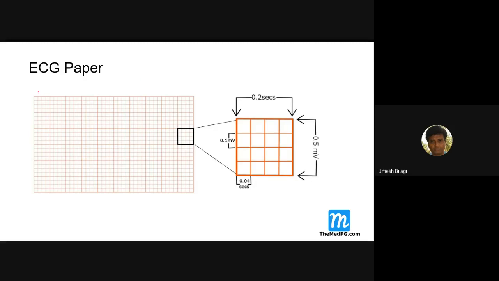You can see there are two types of square. One is small, and this part is enlarged here. So there are two squares. The outer square is a bigger square, whereas this is a small square. So it is a square inside a square. These bigger squares, the ECG machine